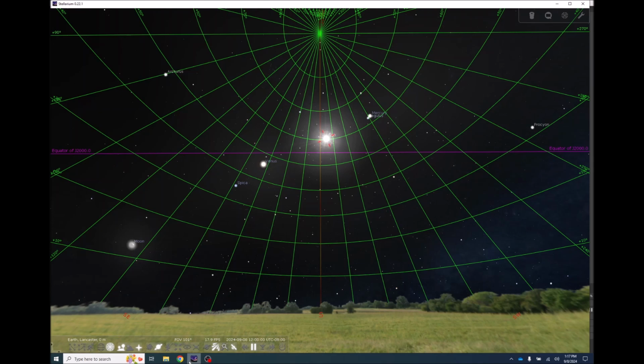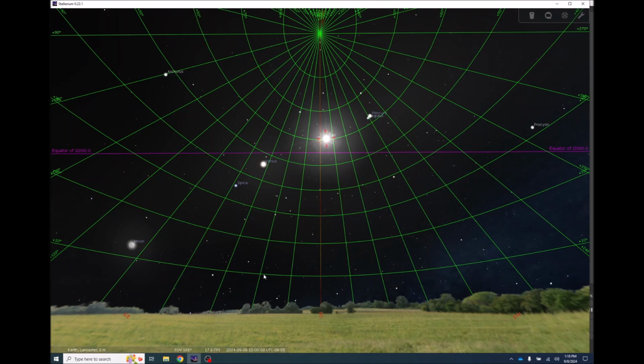There are a few lines up here that you can see. We have the celestial equator here, that's the magenta line going across the screen. Remember, that's the line that goes from east to west, and it crosses the meridian, which is the red line here, down from zenith at an angle that is equal to your latitude. You hopefully remember that from chapter 2. At the very top is zenith here.